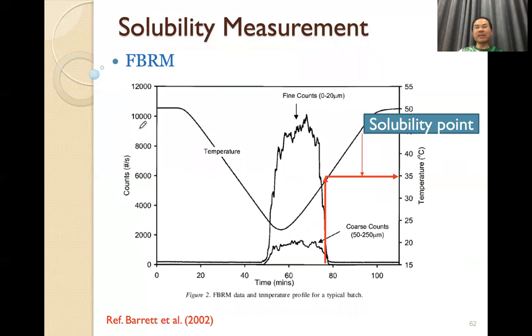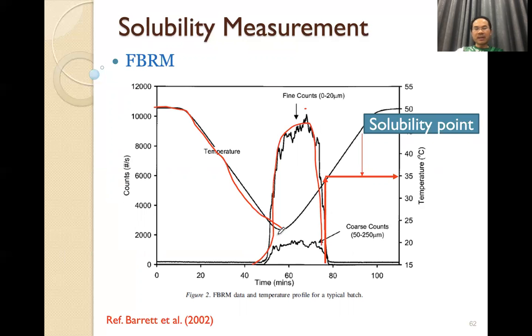And also we can use FBRM, focused beam reflectance measurement, and also you can utilize the technique of turbidity. For this case, we measure the temperature. The first step is maybe to decrease the temperature and then increase the temperature, or heating. This is the FBRM